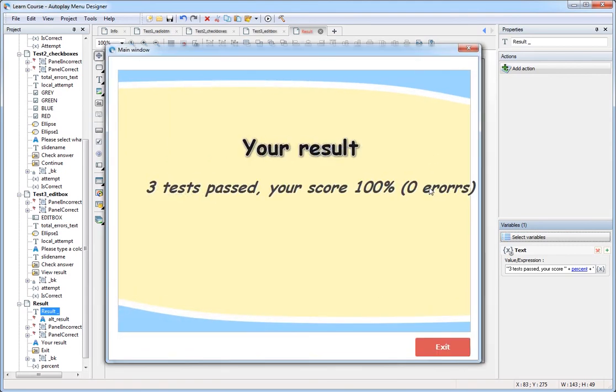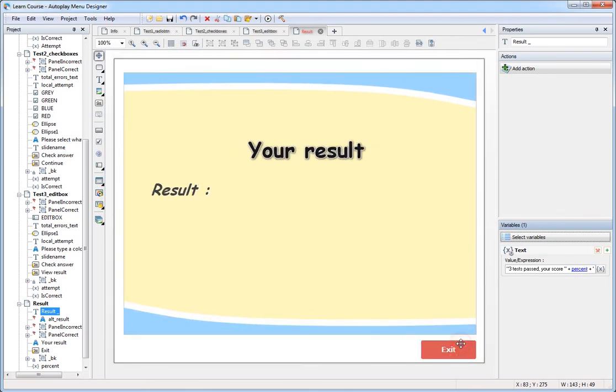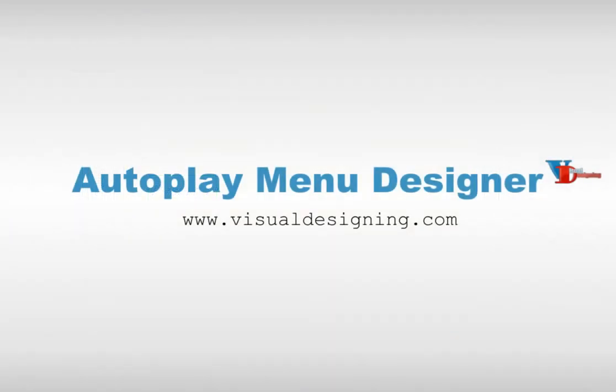Start the page test. Done. As you can see, using variables expands the capabilities of your application and allows much more than you might imagine.